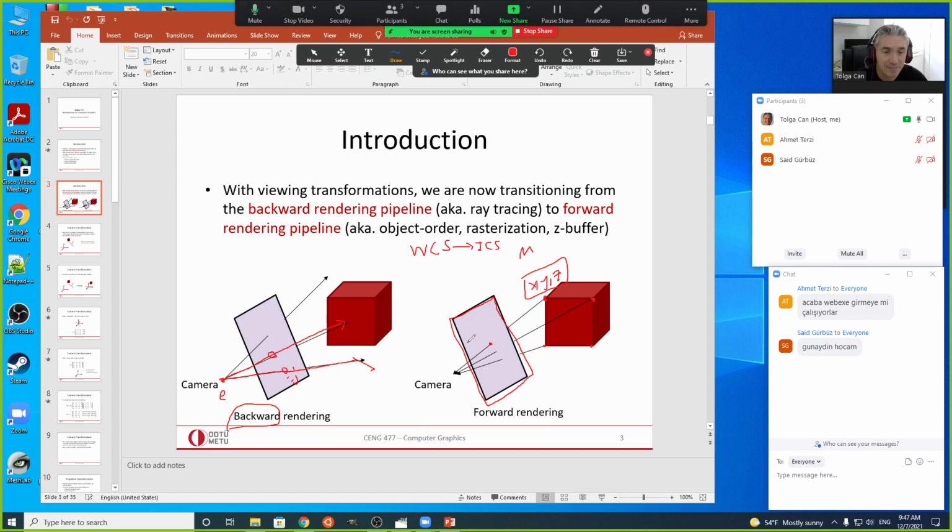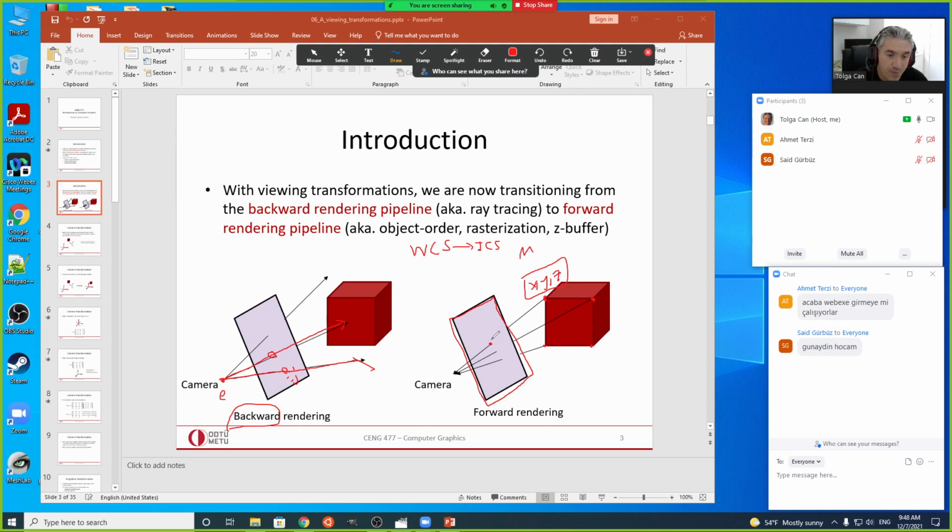Let's keep calling it image window. But our goal will be, given this world coordinate system vertex, which pixel does it contribute to on this image window? And the way we do that is we're first going to change the entire coordinate system, first from world coordinate system to camera coordinate system, okay, CCS, so that